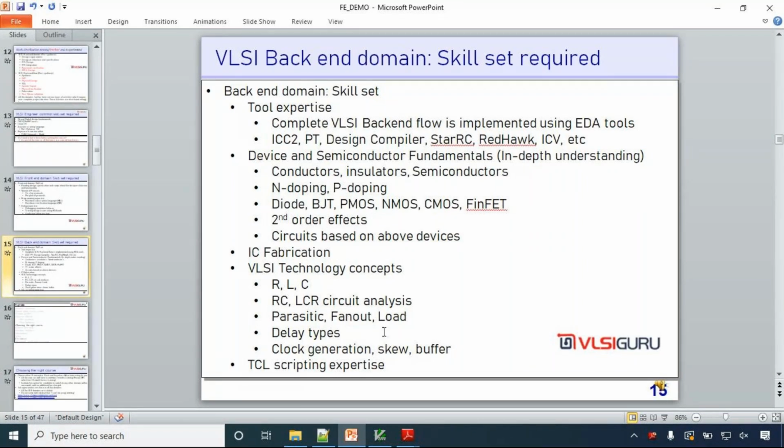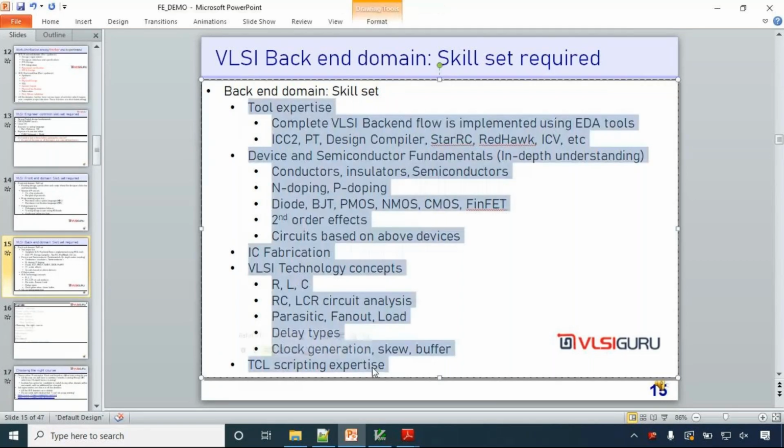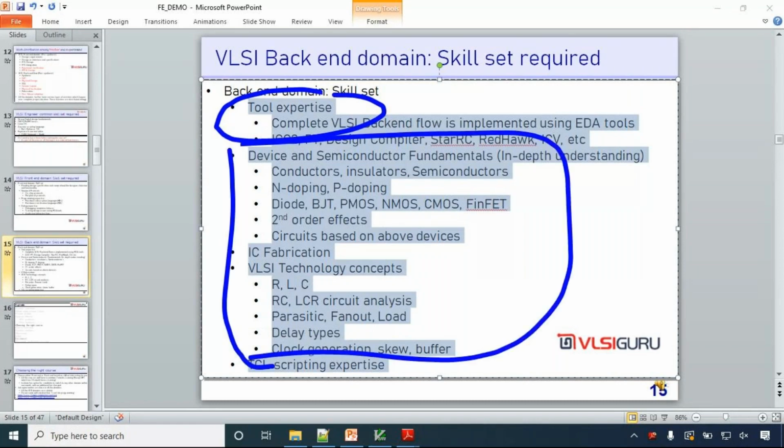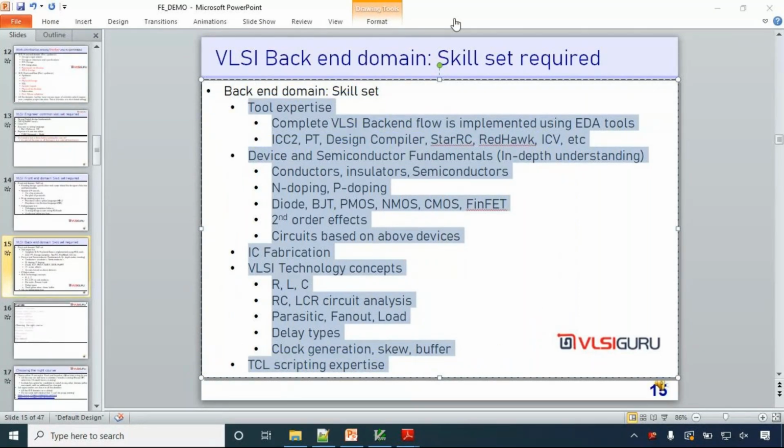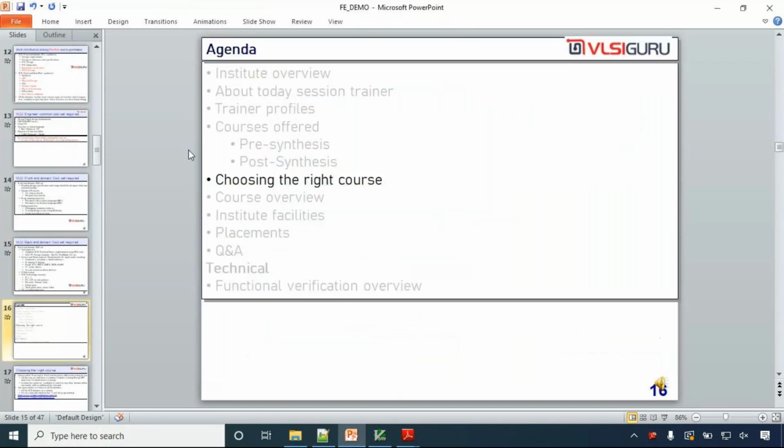You see here, do you see any kind of programming involved here? No, right? There is no programming involved. It's mostly tool and technology. It's a tool-focused and technology-focused job. So this is where you can choose either to get into the front-end domain or to get into the back-end domain, right? In all these courses, typically what happens is,